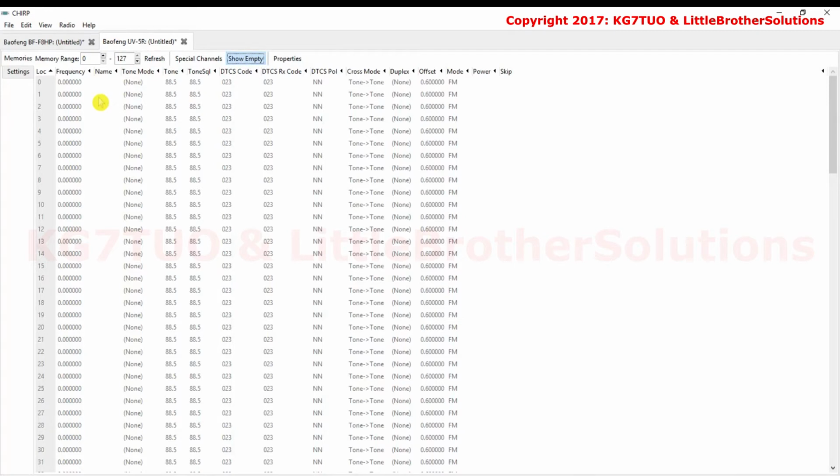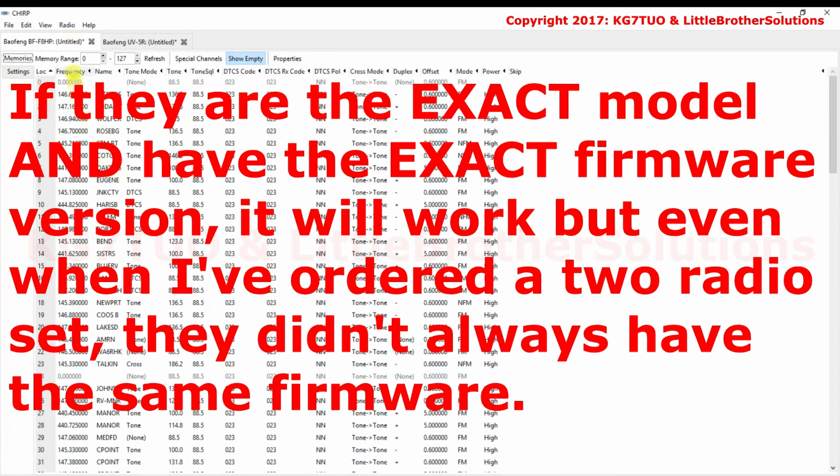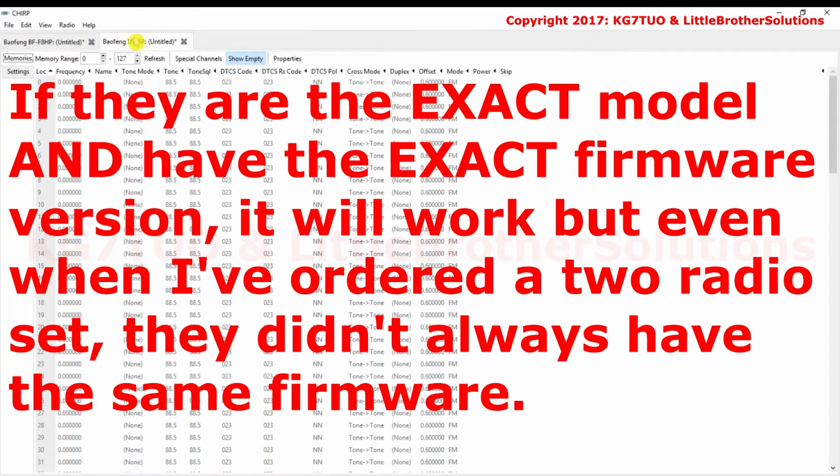You should note that you need to copy from the data image, which is here, to the target. You can't just upload to a radio, often even if it's the same type of radio. So if I were to take this file and try and upload it to the UV5R, the data file, it would not work. It wouldn't work to upload it to the F8HP if it was a different radio. So we're going to build this data file.